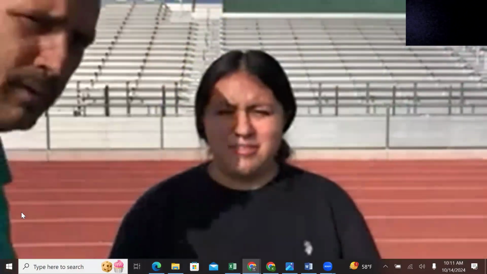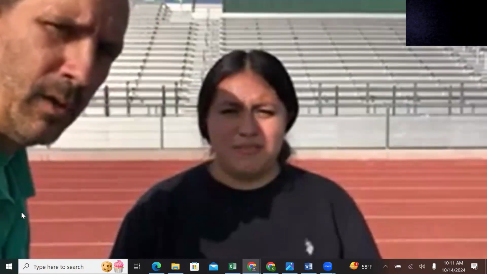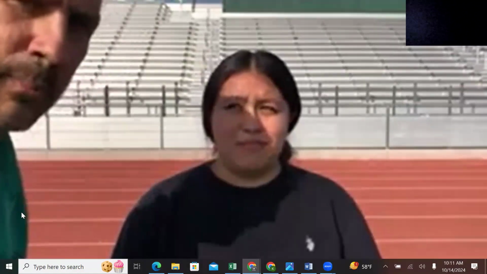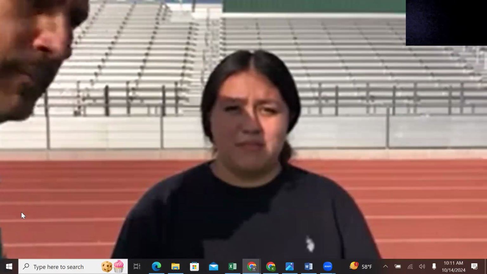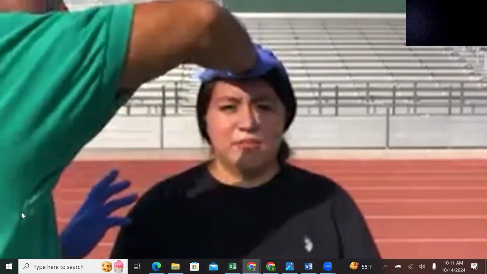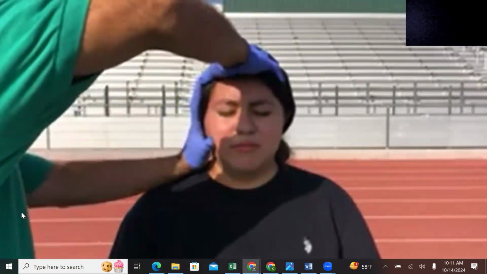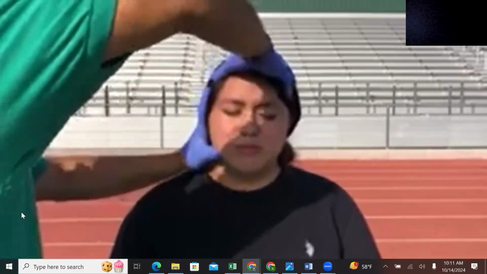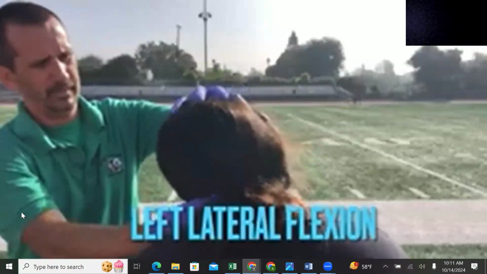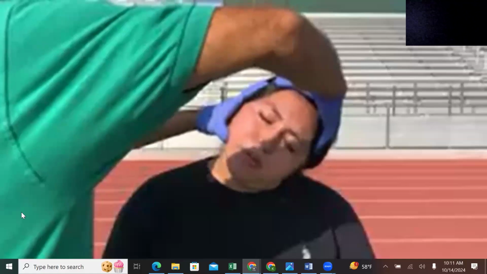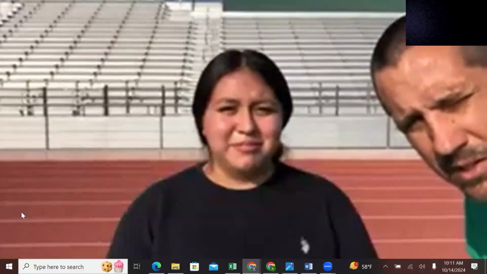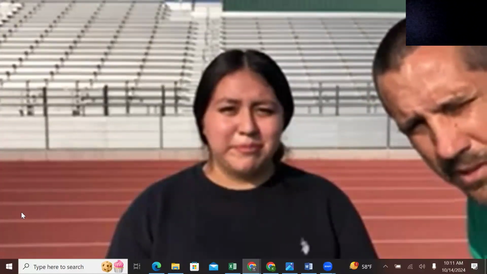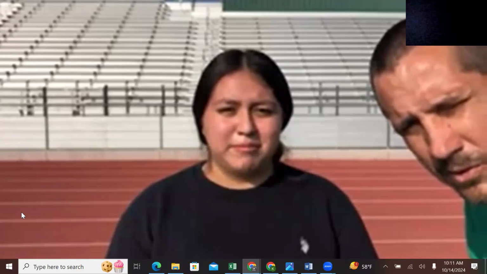And then for the alternate motion, we'll come to the opposite side of the individual. Hand on the front of the head, other hand on the side of the head. Let me know if there's any pain with this. No. And for left and right rotation, the hands will be positioned in a different location in order to appropriately move the head into each